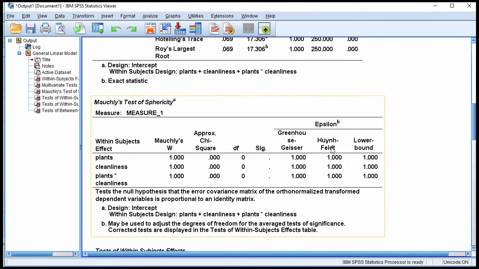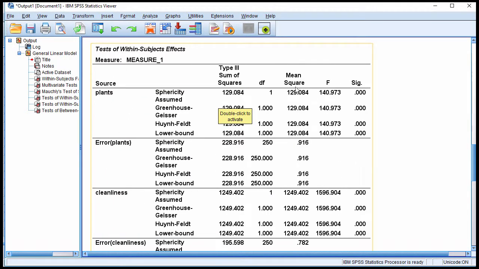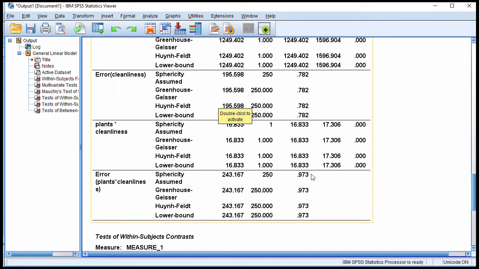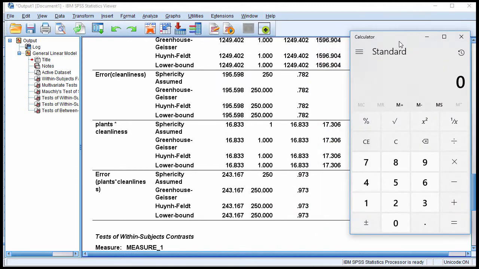And if I scroll down to the table called Test of Within Subjects Effects, if I go down the mean square error column, I can find 0.973 is the mean square error associated with the plants by cleanliness interaction term. And so if I square root that value, 0.973, I will get the adjusted standard deviation. 0.973 square rooted is 0.986. So 0.986 is the number I need to use to adjust the standard deviations associated with each of the 4